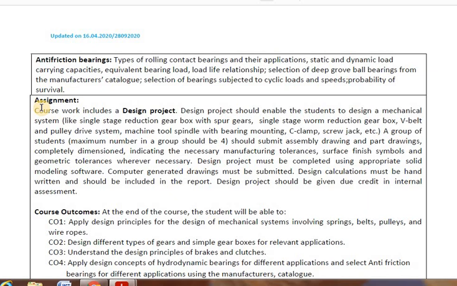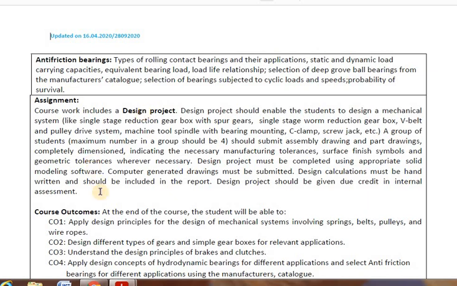Similarly, here in the design of machine elements too, 3 internal assessment tests are conducted which are going to give you 30 marks. And 10 marks we are going to give you for this assignment. This assignment is nothing but a design project which you have to do. The problem we are going to give you, which you are required to solve, and we are there to help you in all possible aspects. One thing, you have to make your sincere effort to approach the staff member and do the design project.